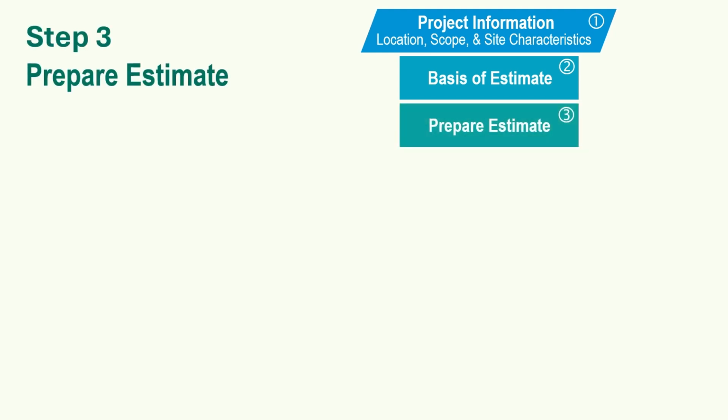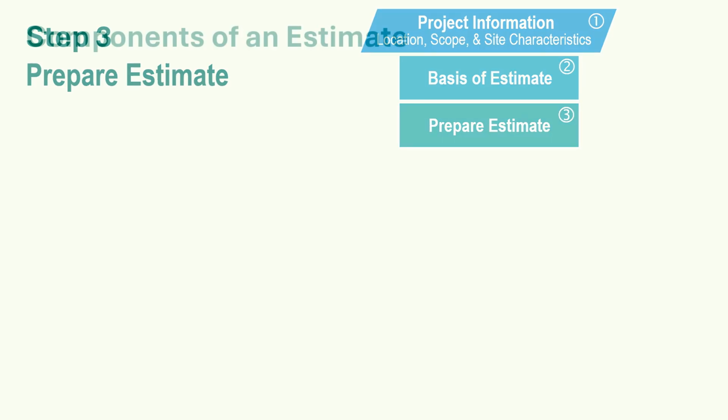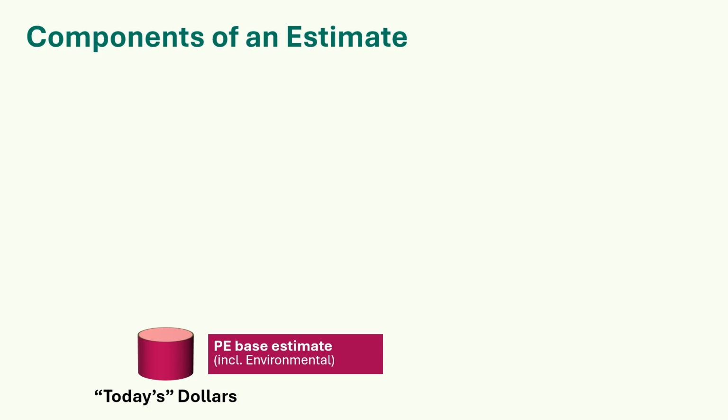Step 3. Prepare your estimate. First, let's look at the components of an estimate. These are expressed in today's dollars. Preliminary engineering base estimate. This is your budget for your entire design phase, including environmental, permitting, consultants if any, communications, open houses, survey, right-of-way plan preparation, and all specialty services and subject matter experts that will be charging their time